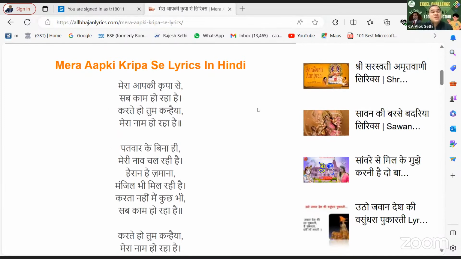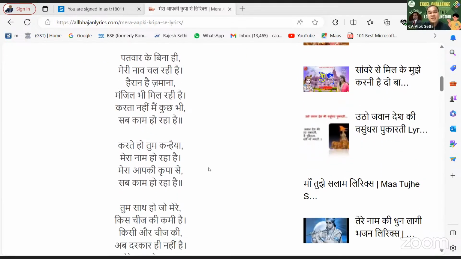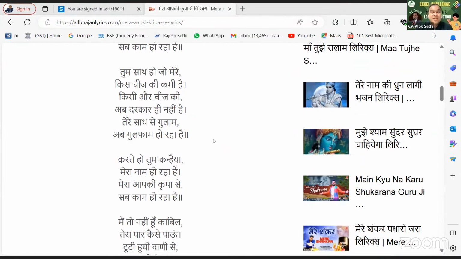मेरा आपकी कृपा से सब काम हो रहा है, करते हो तुम कन्हैया मेरा नाम हो रहा है। पतवार के बिना ही मेरी नाव चल रही, हैरान है जमाना, मंजिल भी मिल रही है। करता नहीं मैं कुछ भी, सब काम हो रहा है, मेरा आपकी कृपा से सब काम हो रहा है।